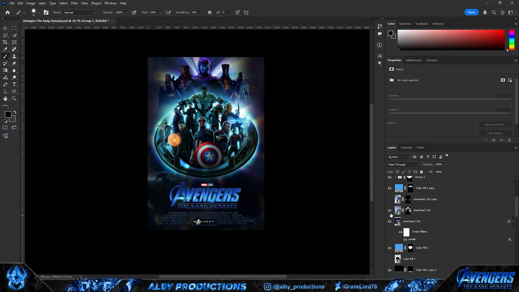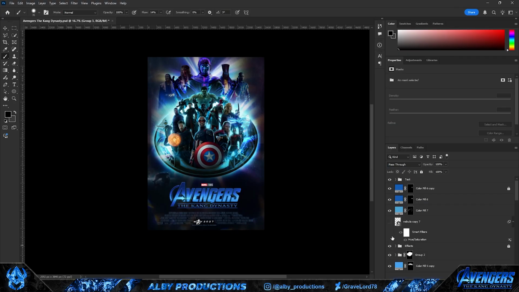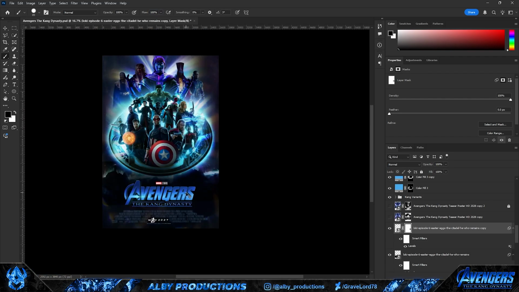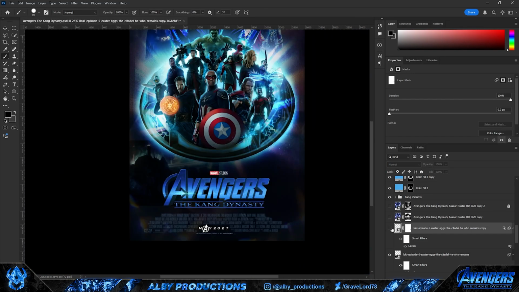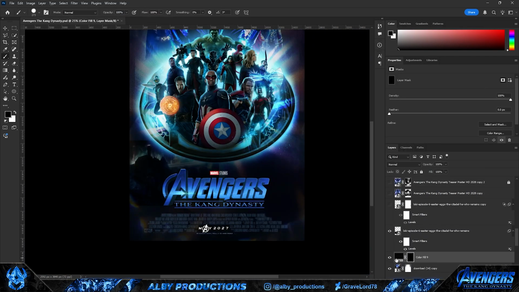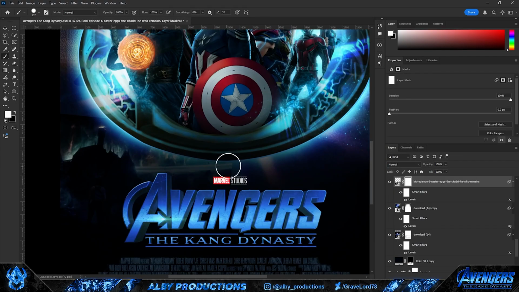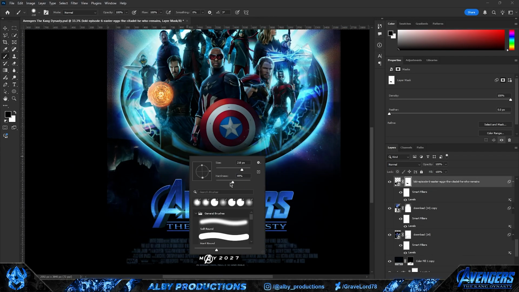This is also where I decided to add some stuff in the bottom of the poster since I just felt like it was way too empty in there and the title of the movie just didn't really feel like it belonged in there. So I added this castle of He Who Remains as a sort of silhouette and cool detail, and this also gave me a good idea and opportunity to make the whole bottom of the poster quite dark, so this way the title of the movie stands out more from the rest.